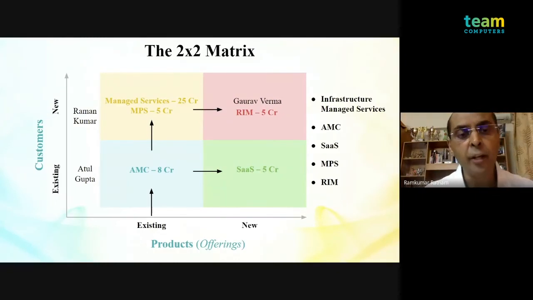I've seen in my 30 years of experience that there are 2 kinds of organizations. One, strategically, they decide that they do not want to put all eggs in one basket. You can't do anything there. They decide that I will only take AMC and SaaS from you. I may decide not to take managed services because of dependency, and I'll give you a small example.